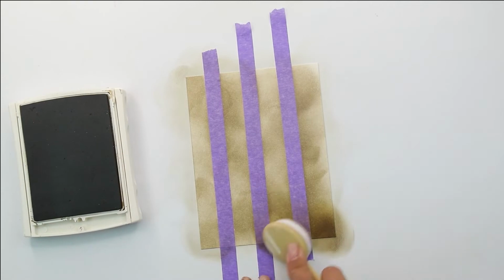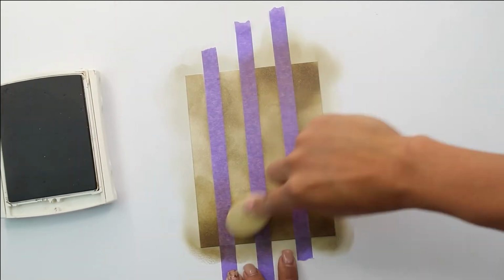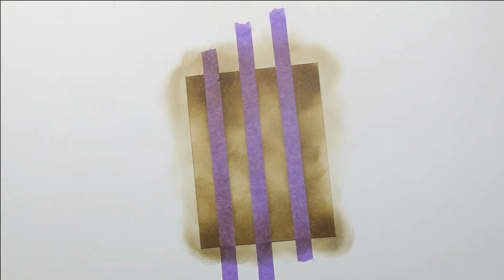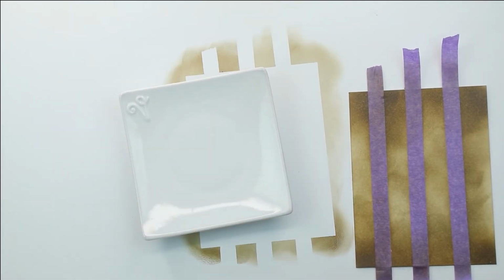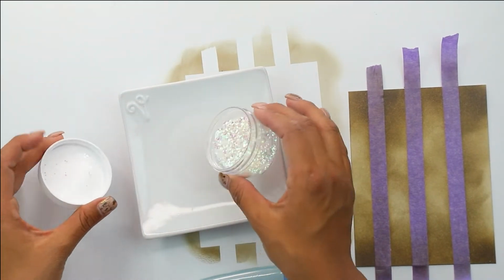So we're going to come in with our darkest color, which is Crumb Cake, just a darker chocolate brown. We're going to be doing the tops and bottoms and blending down to the middle. As you can see, it is not absolutely perfect. There's not a ton of color, which is just fine. We're going to remove our blended cardstock from the surface, and I'm going to come in with a little ceramic